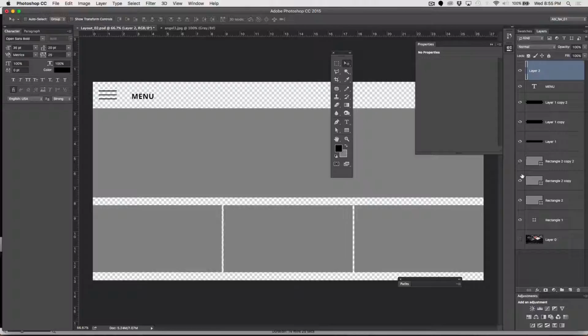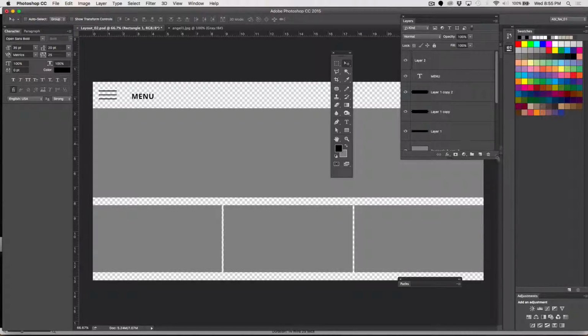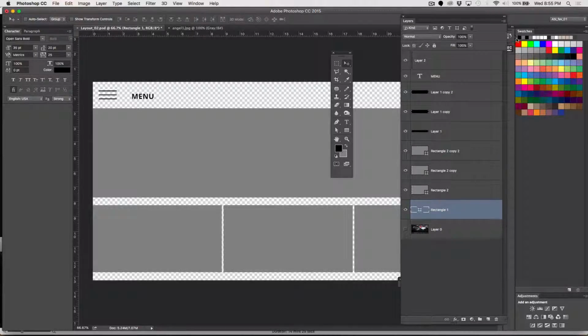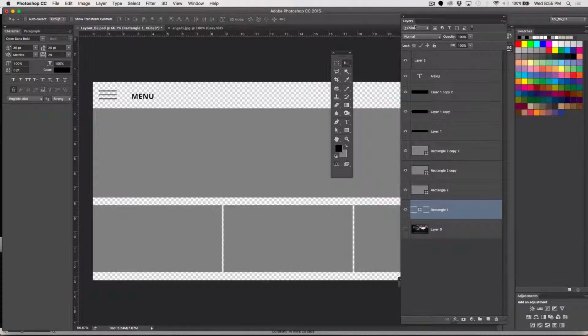Coming down here to my top rectangle, which is this one, which is none of those, which is this one. Okay, I'm selecting this rectangle. I'm going to pull the layers panel over because it's a little stuffed over there. And with this layers panel selected, there's a couple ways we could do it. We could do rasterize layer, but the easiest thing I think is, as long as this layer is selected,